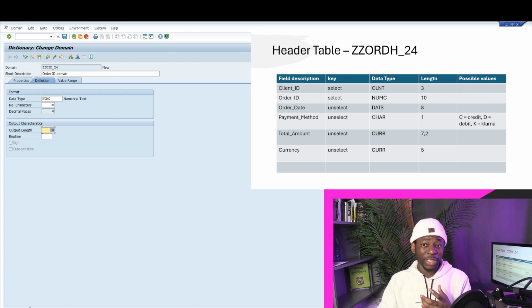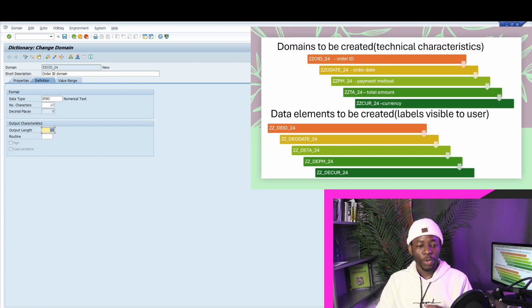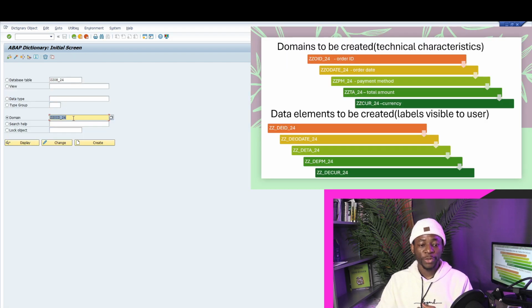We don't need to create a domain for the client ID. This I will explain later. So we head back and create the domain for the order date. So we could call it, select the domain radio button, ZZO order date underscore, give it an ID 24, and